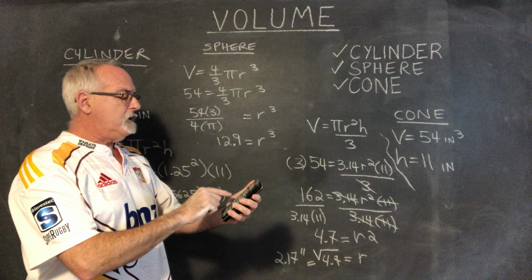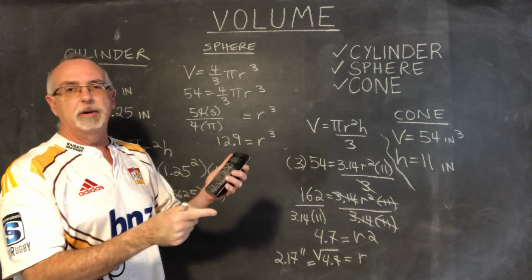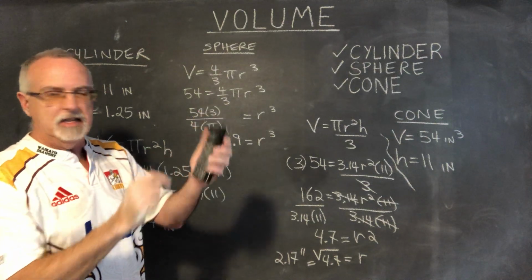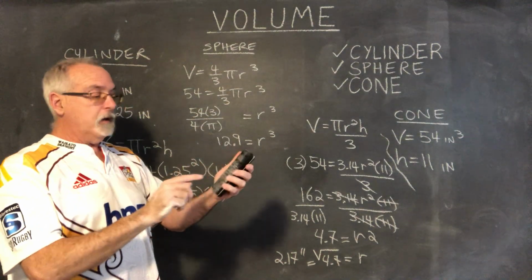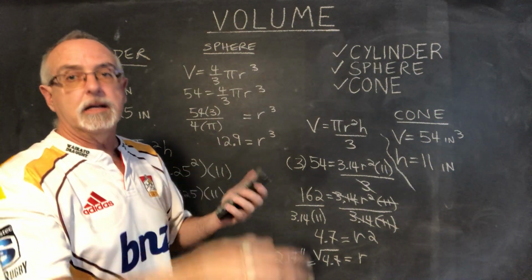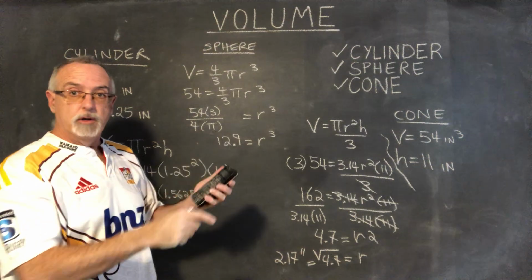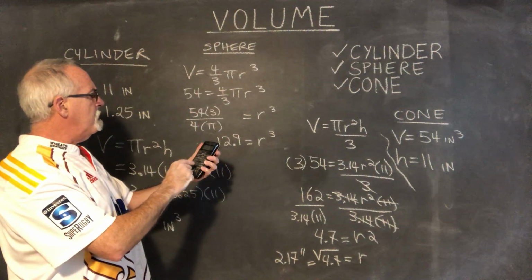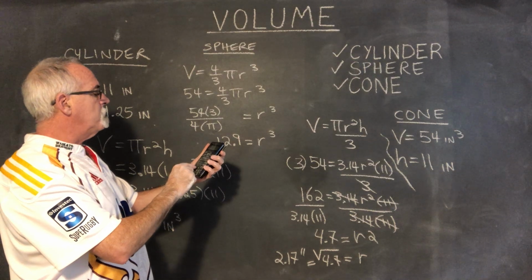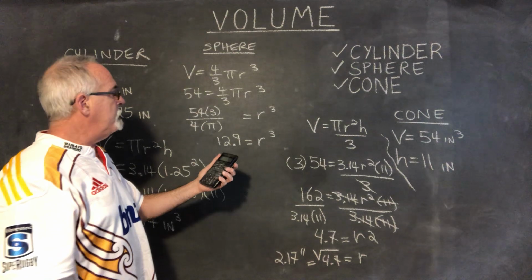I have to do this in the calculator. Oh, it has the x cubed button and it has the cube root button, so it's kind of easier with this calculator. Not all calculators have that, but scientific calculators always have the y to the x button, and you can use that for this, and the second function that goes with it. R cubed equals 12.9, so I'm doing second function x cubed, which means I'm doing cube root of